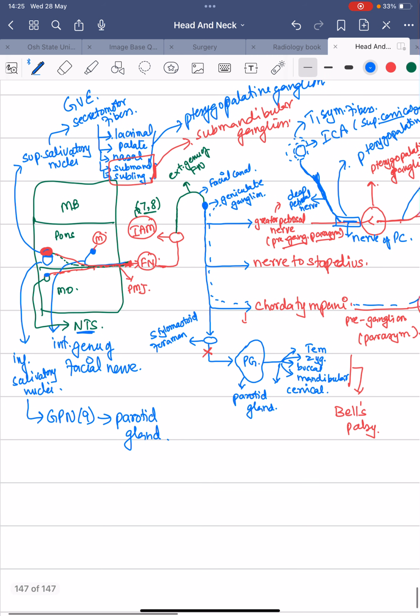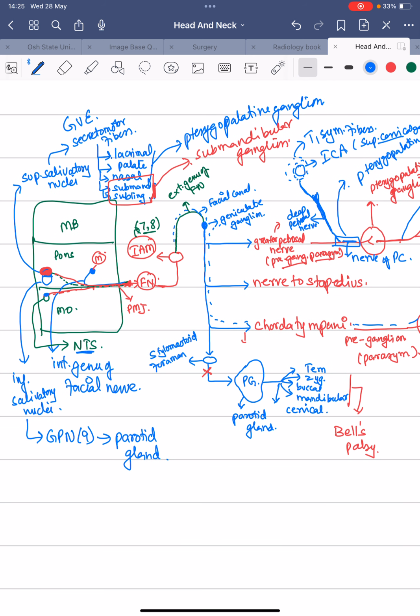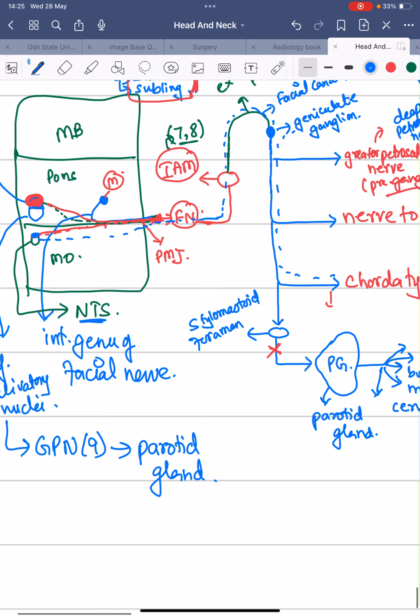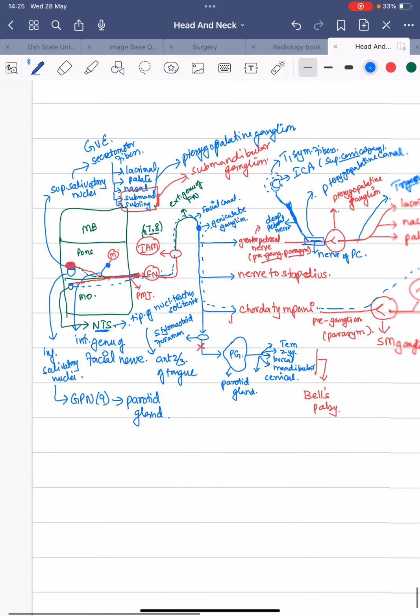Because the geniculate ganglion is our sensory ganglion for taste. For taste and sensory sensation, it is received by the geniculate ganglion. And from here, the fibers go into the facial canal, the internal acoustic meatus, and now reach the nucleus tractus solitarius. The nucleus tractus solitarius is taking the sensations of taste received from the anterior two-thirds of the tongue. Okay, so this diagram is very